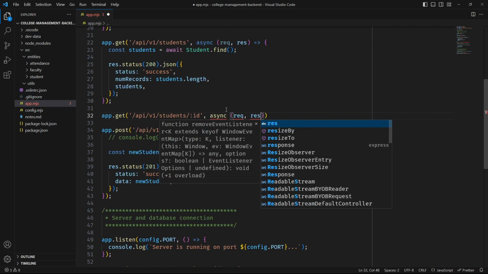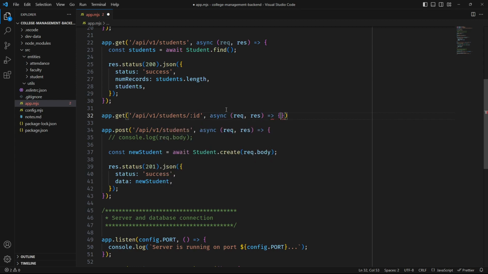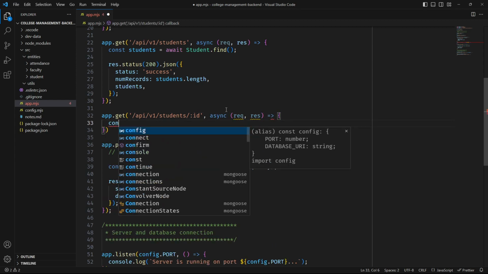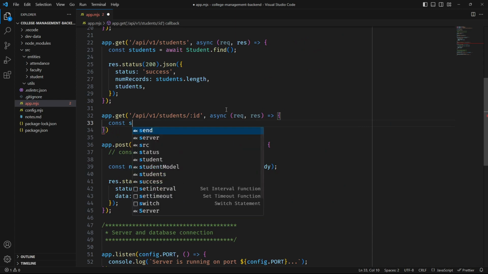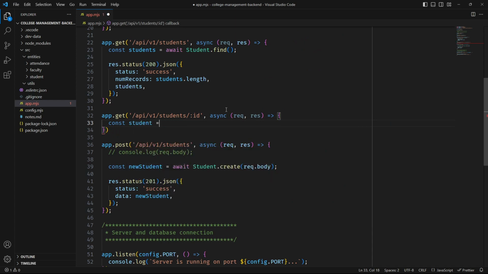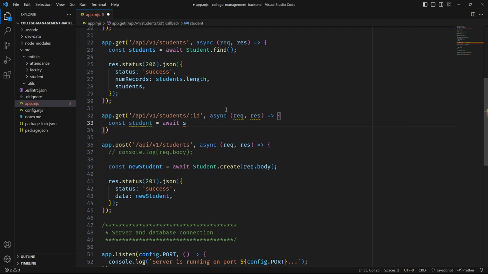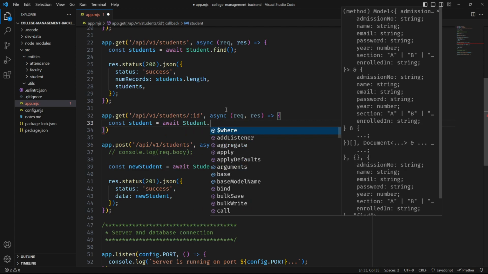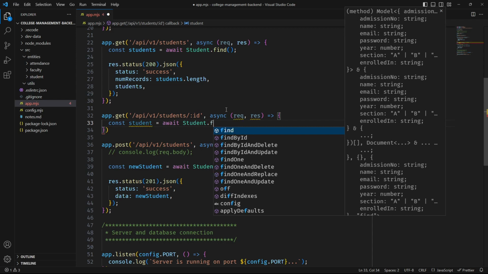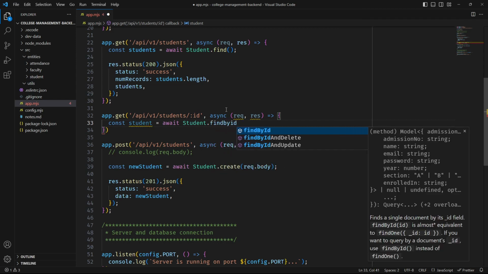So this is our standard request, basically callback function, and student, because we will be getting a single student out of it. So model dot. Now in order to find the particular student, we have a special method called findById.